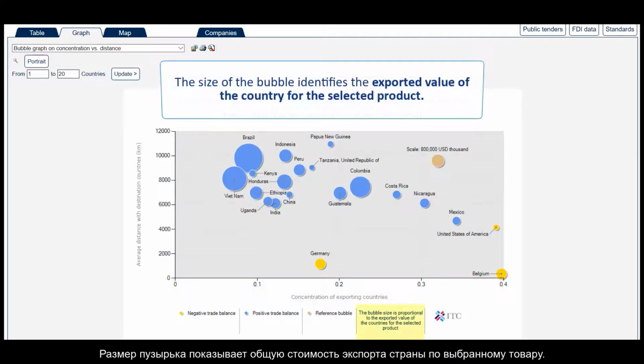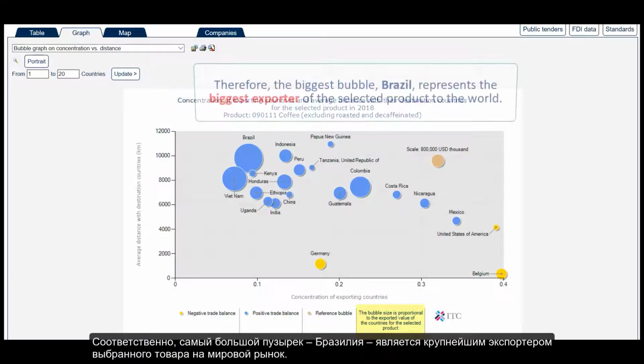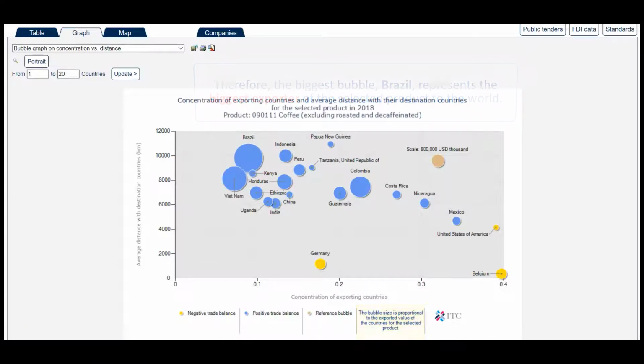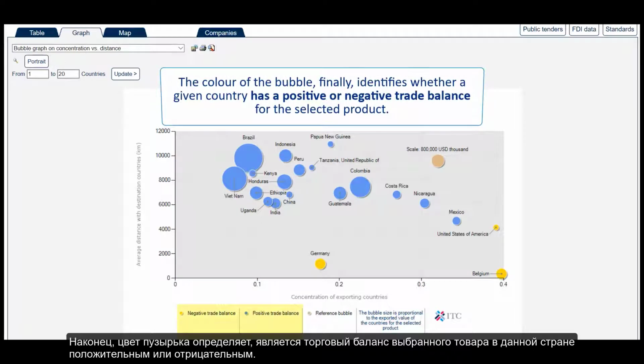The size of the bubble identifies the exported value of the country for the selected product. Therefore, the biggest bubble, Brazil, represents the biggest exporter of the selected product to the world. The color of the bubble, finally, identifies whether a given country has a positive or negative trade balance for the